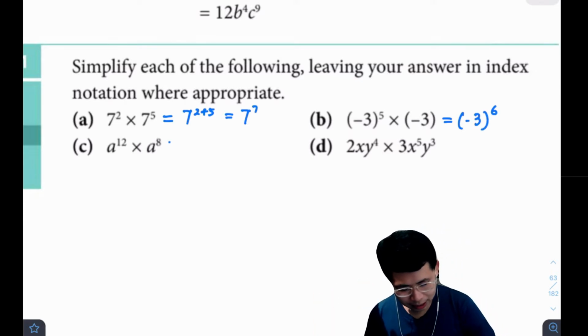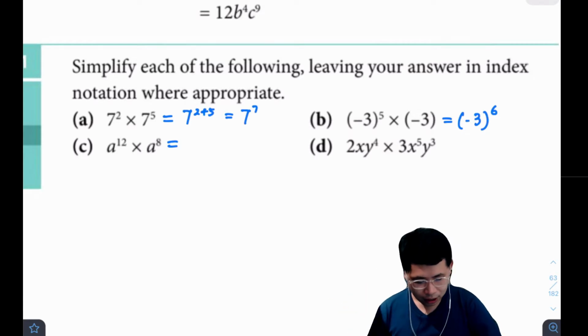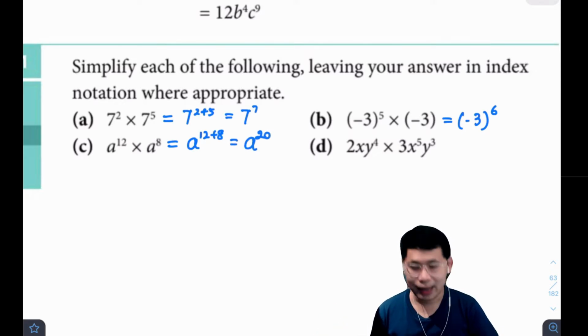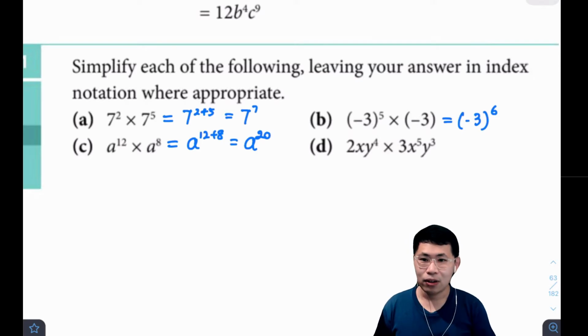Next one. A to the power of 12, a to the power of 8. So without further ado, it will be a to the power of 12 plus 8, because same base a. And then we have a to the power of 20. Right? Last but not least, alright, for D, we are going